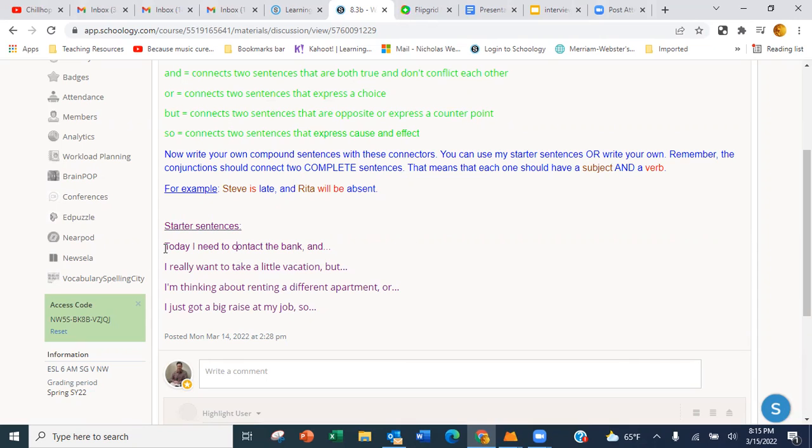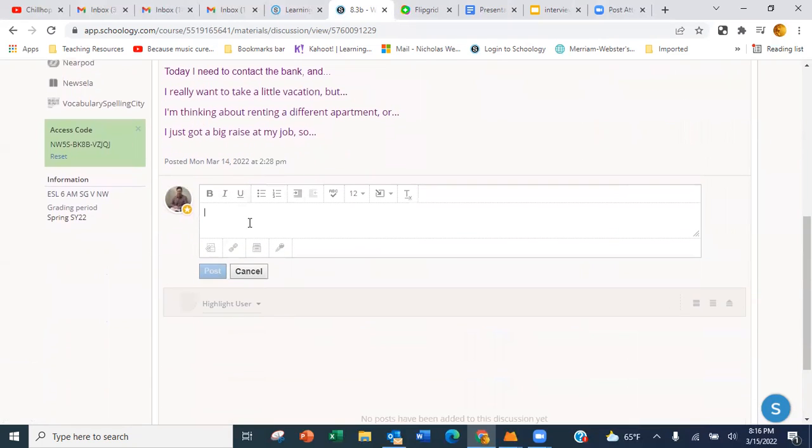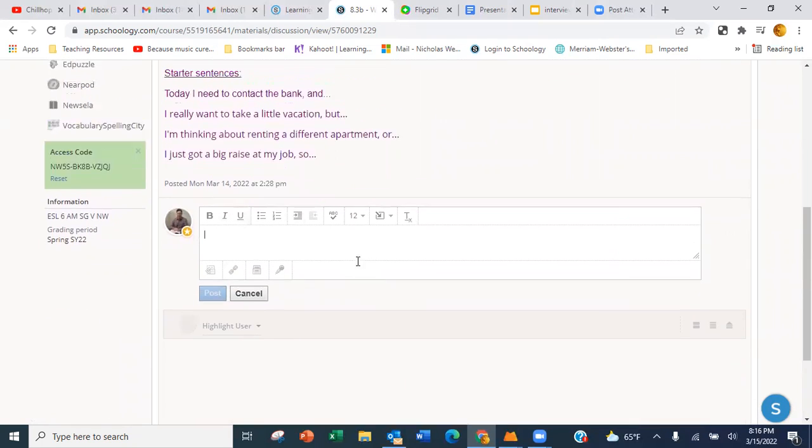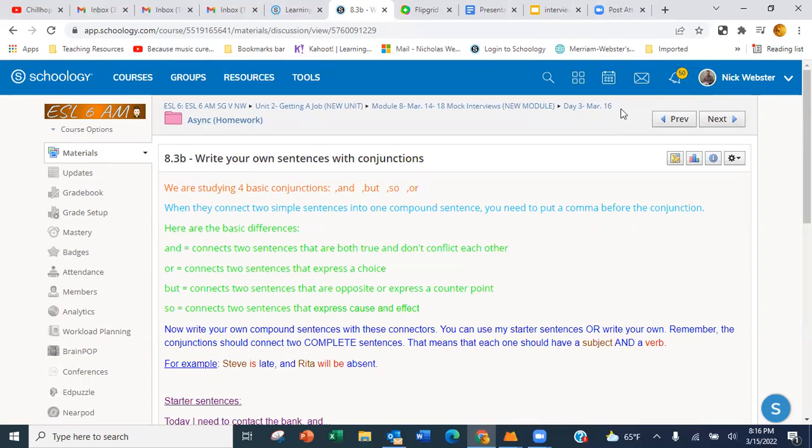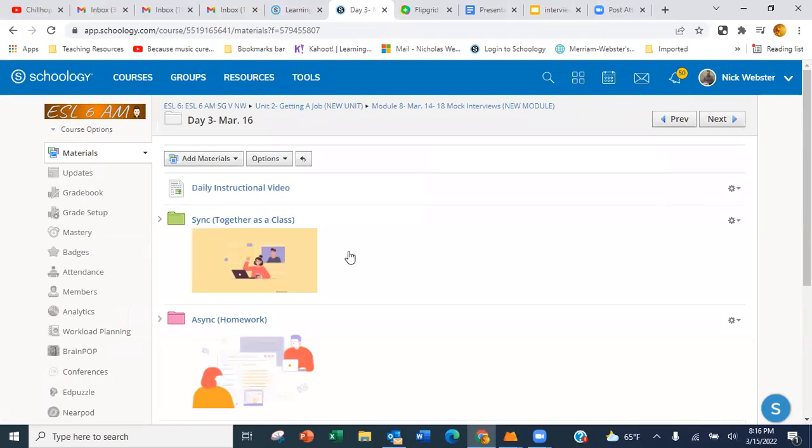Okay, here, if you need some extra help, you can start with these starter sentences, such as all of these. These can help you to start your sentences if you need extra help. Or if you just want to write your own sentences, you can. And so write your sentences here in this discussion post. That is the final activity for today,